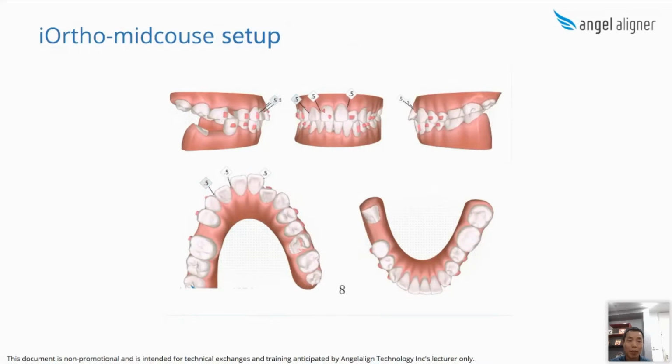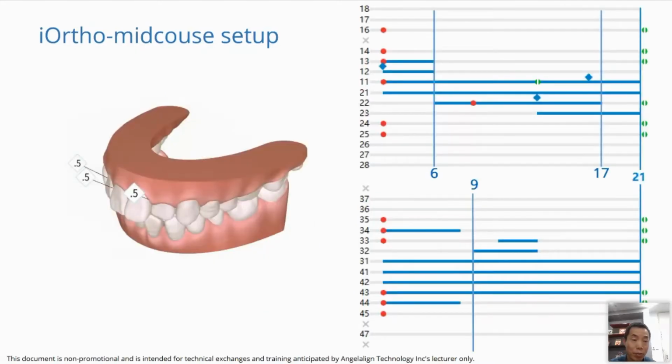This time, IPR was still designed, and the tooth 22 moved. And we improved the timing of the cross-bite correction. Let's see from this view. First, we intrude the tooth 22, and then move it labially. You can see the tooth 22 from stage 6 to stage 17,